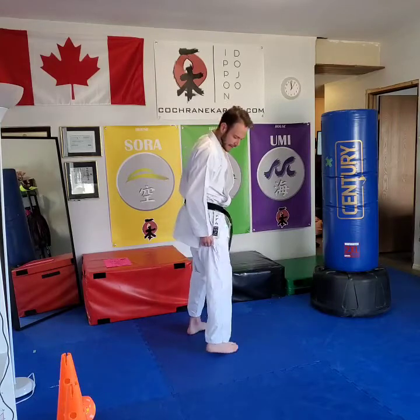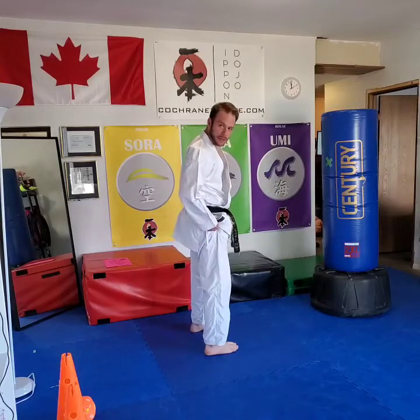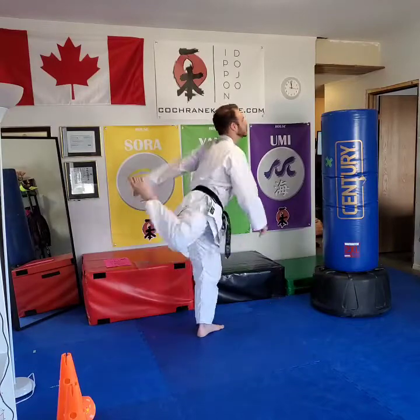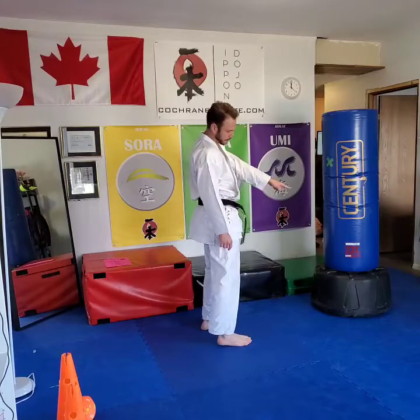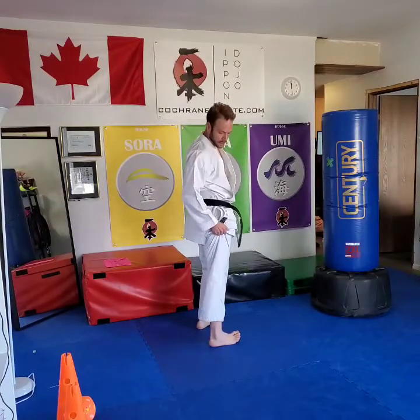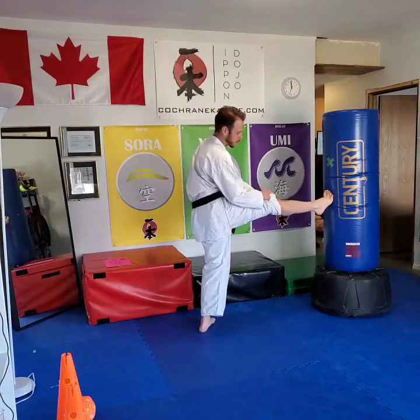So we're going to start from a standing position. And what you want to do is I want to bring my heel straight up this line. Okay? I don't want to do a front kick like this. Okay? I want to come straight up so my knee is pointed at my target and my heel comes as tight as I can. When you're doing this faster, it's actually a bit easier. In our style of karate, we keep that foot in a good rigid position and it transitions to straight as we go forward. All of my toes are pulled back, okay? All of them are lifted upward, okay? So what we're going to be doing,